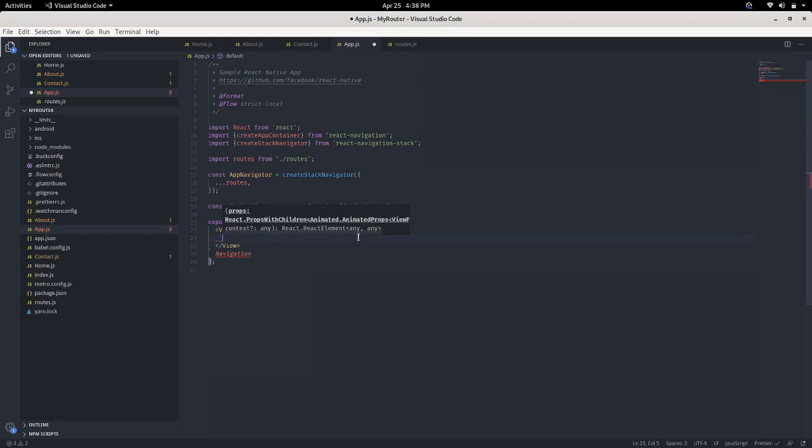Currently we don't have anything like that, so we will remove this View and just leave a comment.